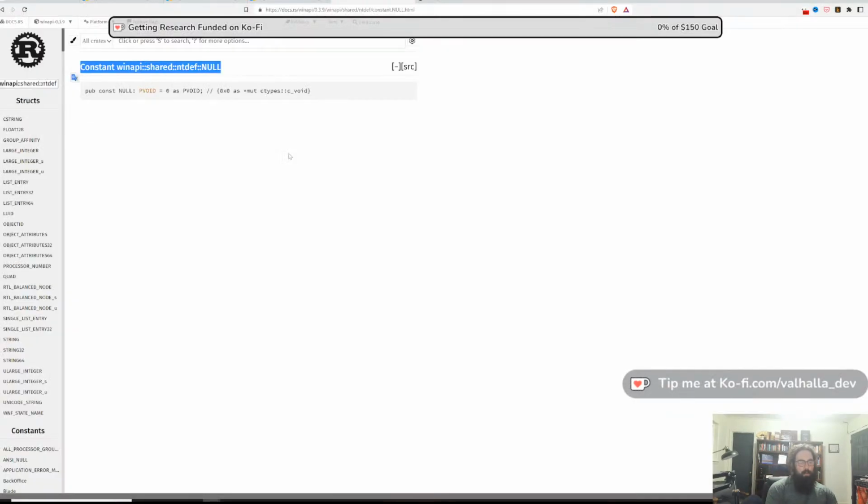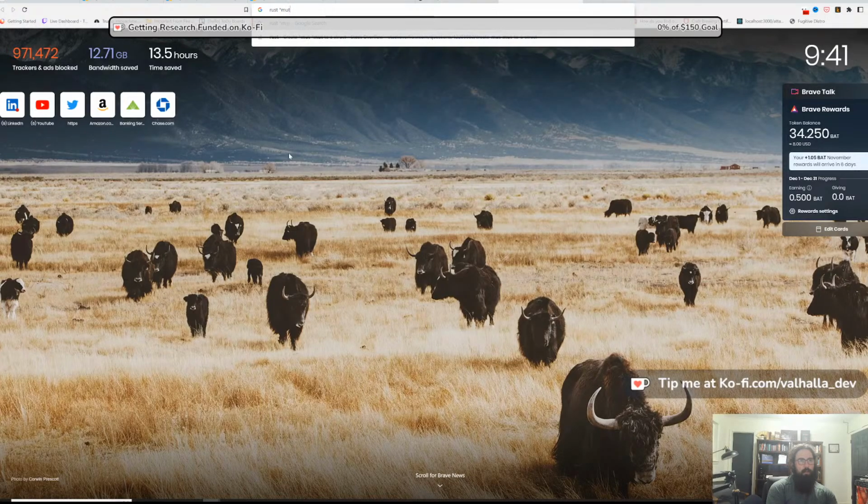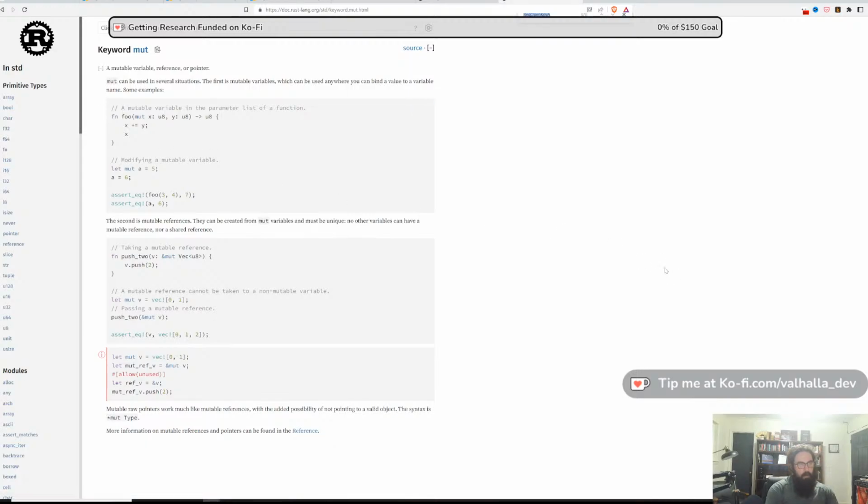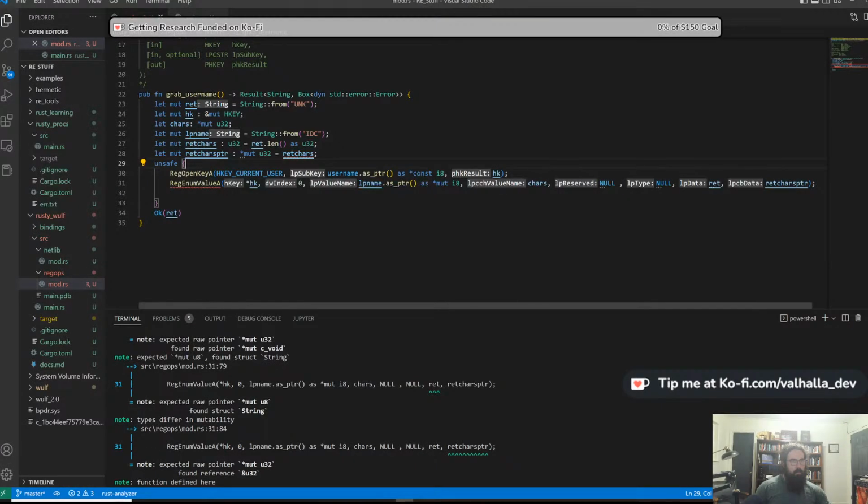Star mute pointer, Rust mute. Star mute. Mutable raw pointers work much like mutable references with the added possibility of not pointing to a valid object. The syntax is star mute type. So star mute,